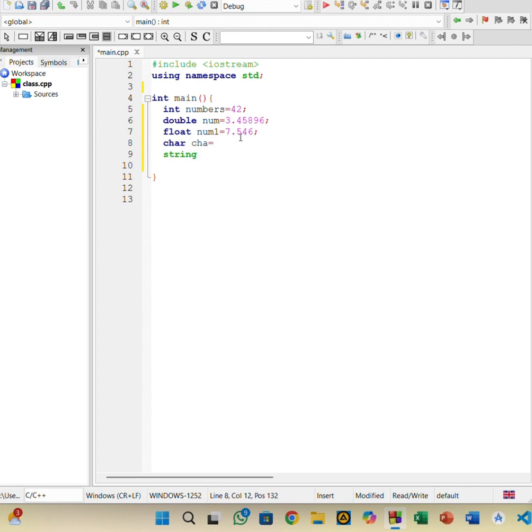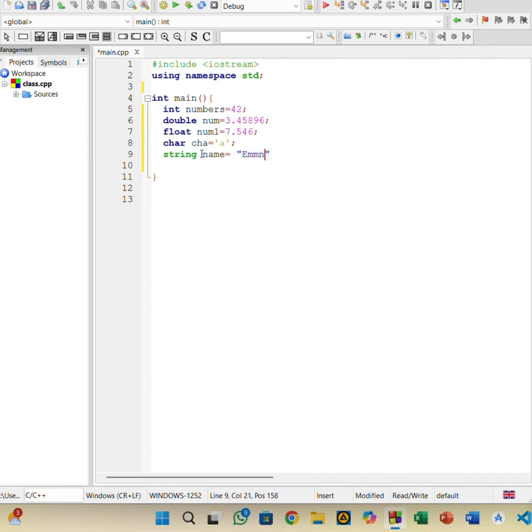So character something, and when it is a character, you have to put it inside a single quote, so like 'a', and then we terminate it. And then my strings, I can call my strings name, and then I'll assign my name to it. Now strings, before you assign a name to your string, it should be in a double quote. So for instance, name like Emmanuel,